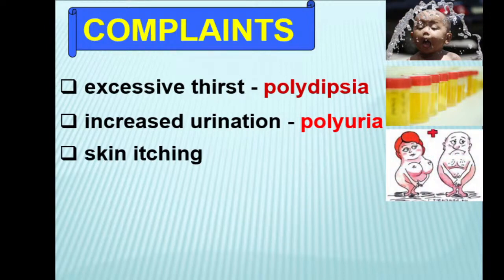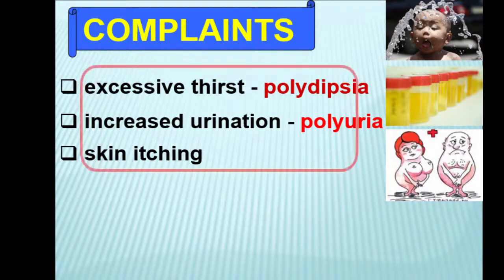Another problem is skin itching, and I'll draw your attention to it. It has a specific localization, itching of the perineal region. You understand? The patient can go to a gynecological, dermatological, or urological department. Specific location of skin itching. These three problems are the first and early complaints which a patient with diabetes mellitus may have, and in this case the doctor must obligatorily control blood sugar. Very easy analysis.